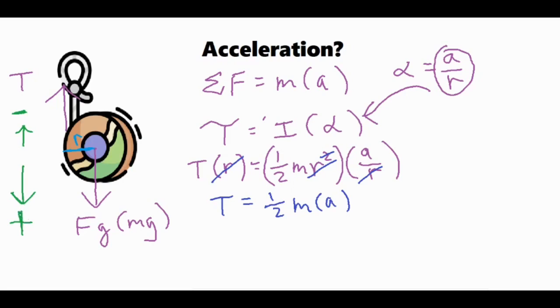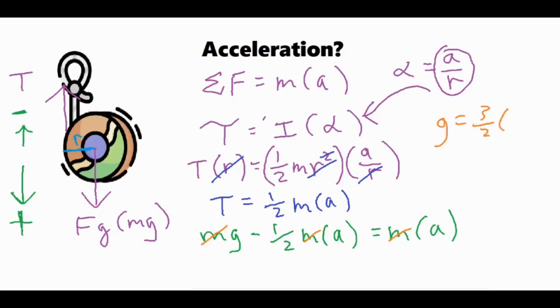And then with that being said, we have mg pulling it down, and then we are being counteracted by the force of tension, which is 1/2 ma, which we obviously just found right over here. And that would equal the mass of the yo-yo times the linear acceleration. Now, when we do that, if we go ahead and simplify that, our masses are going to drop out. Then if we add 1/2 a to just a single 1a, then we would have g equal